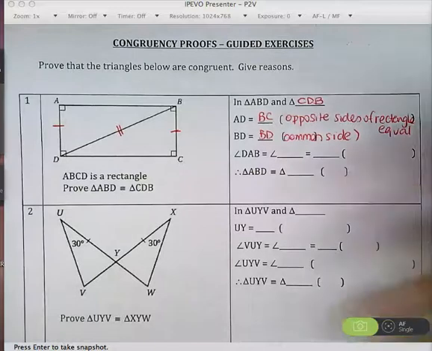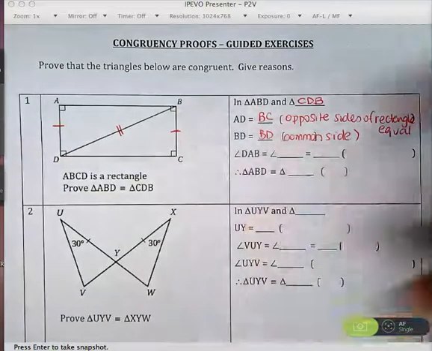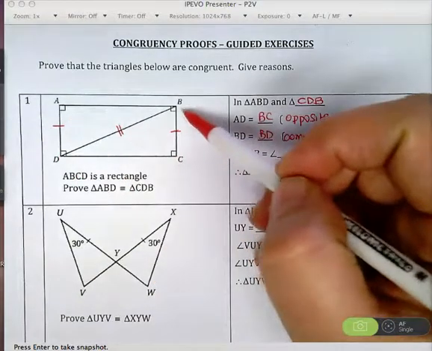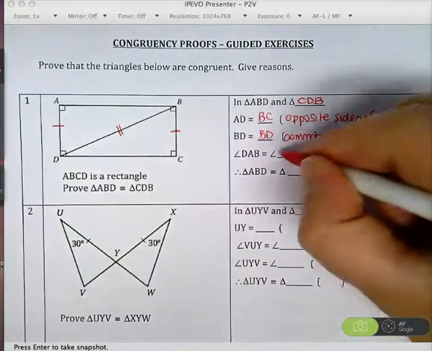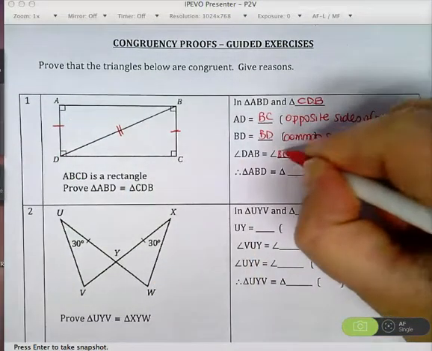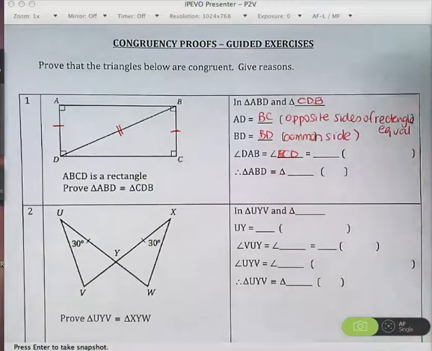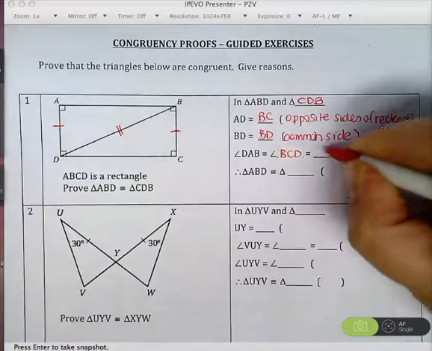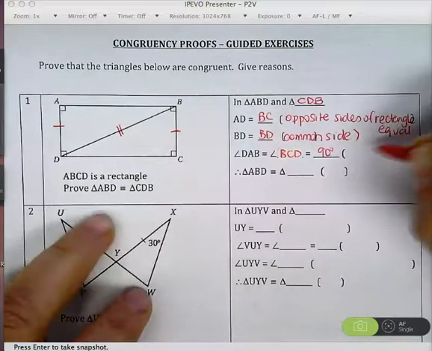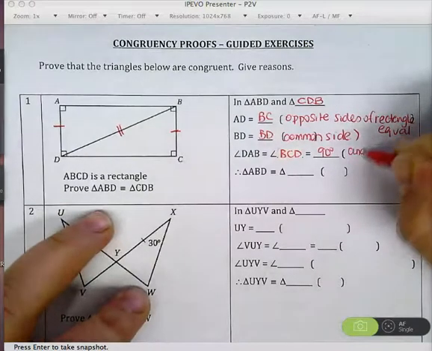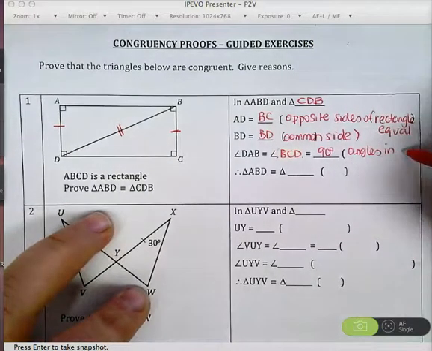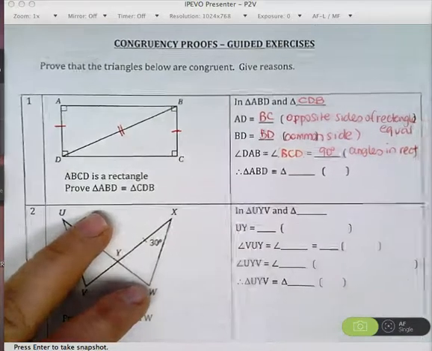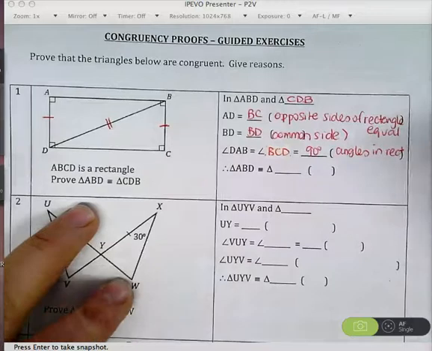And the other thing that we know is that angle DAB is equal to angle BCD, which is 90 degrees. Sorry, I wrote that wrong, I've just fixed that up. Reason: angles in a rectangle. Just running out of room there, so I'll just move that over. The angles in a rectangle